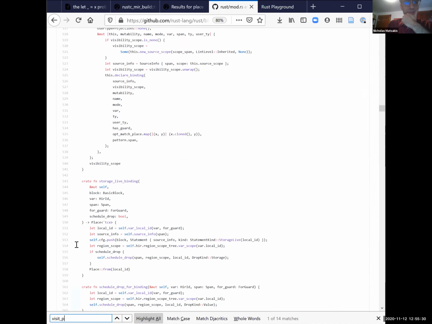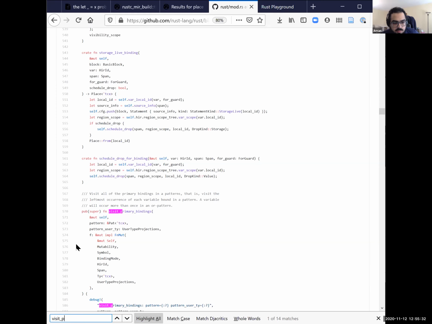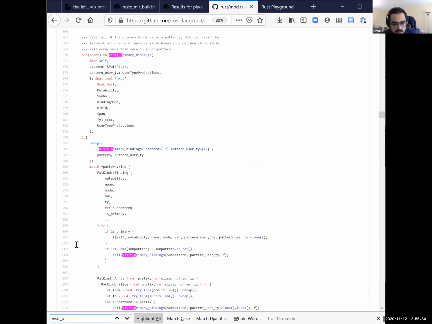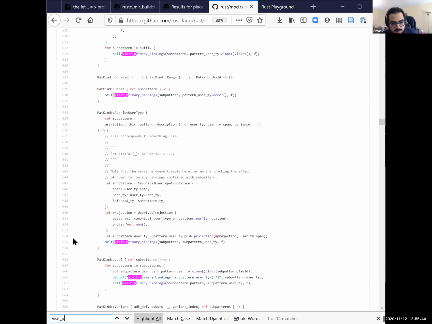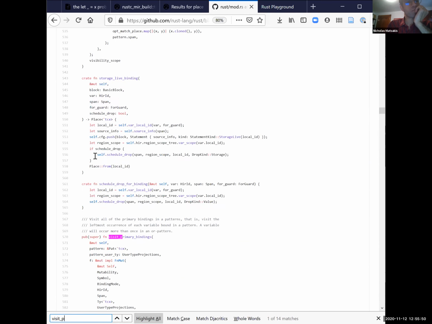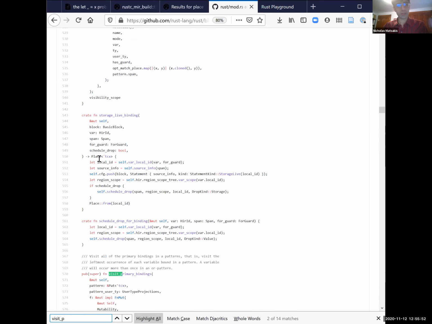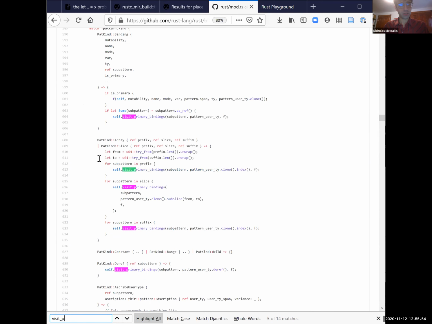Line 628. Yeah, I do not know if there's this. Okay, yeah, this one. So basically, as you can see in every one of these, if we have a binding, if you have an array or anything, if you scroll down a bit, in wild, we don't really do anything. So I think it just skips over instead of doing an actual read. Well, but no, because what is this function called? I don't think,